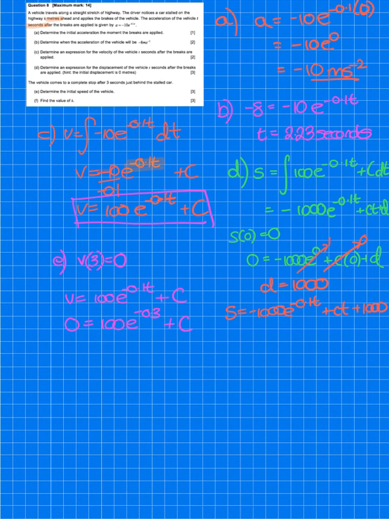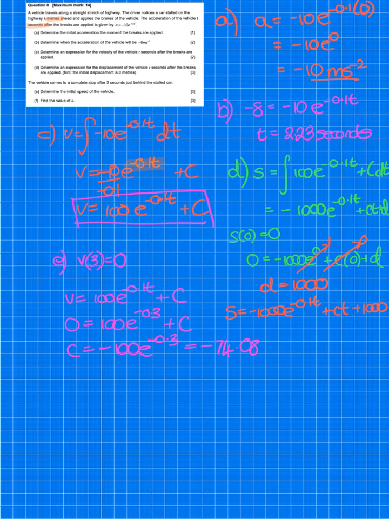So we can solve for c just by moving that 100 e to the negative 0.3 over to the other side. So c would be negative 100. Or we could put it in our calculator, which we'd probably do because this is a paper 2, and get that c is negative